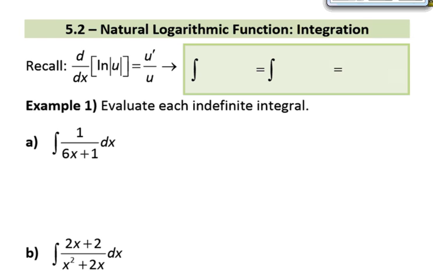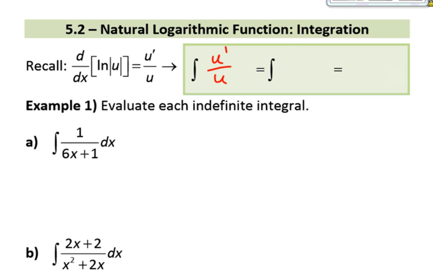This video will cover section 5.2, integration with the natural log function. So in the last video we covered the derivative of the natural log, so now we're obviously going to be doing integration. So recall that the derivative of natural log of u is u prime over u. So that means if I take the integral of something that looks like u prime over u, then I can